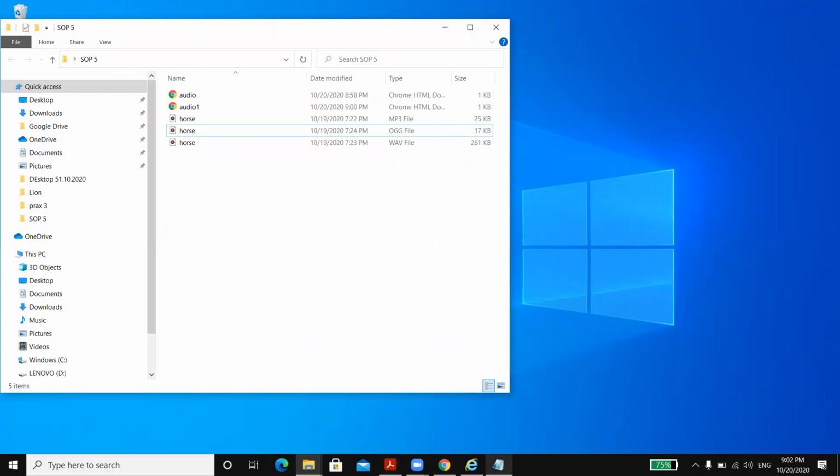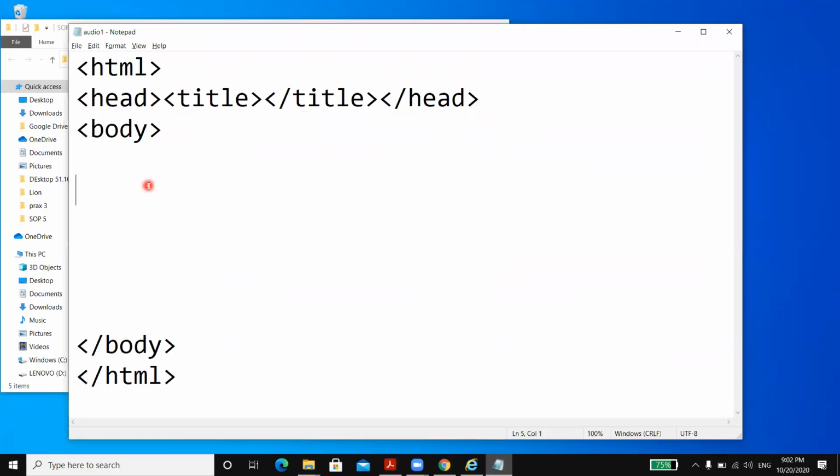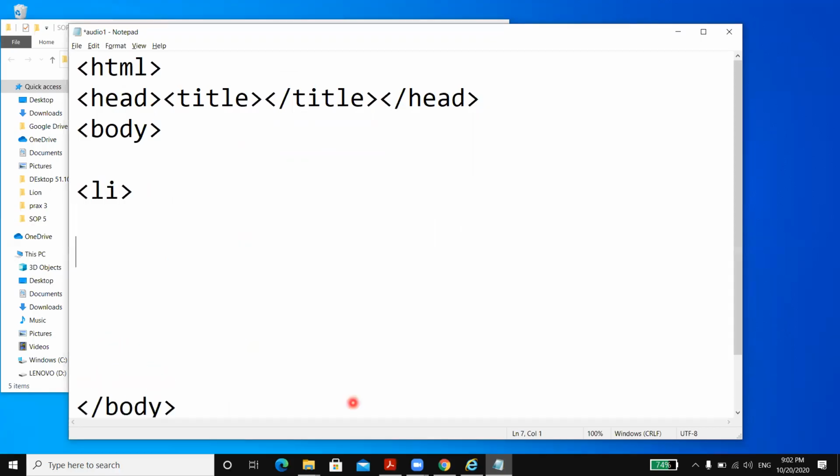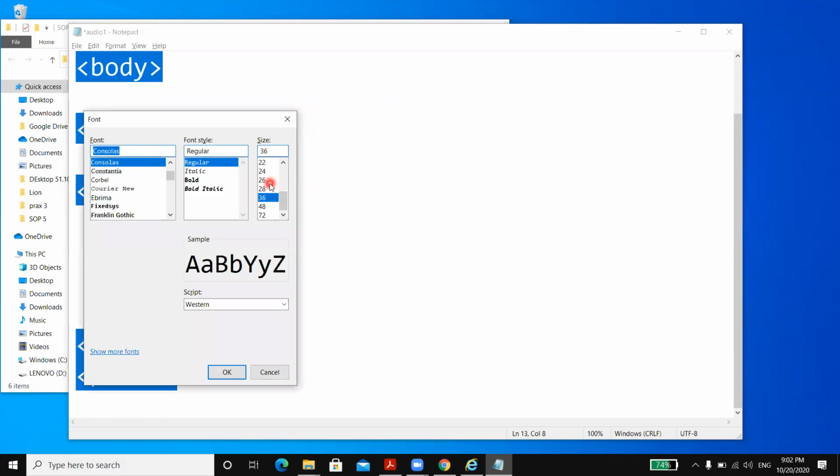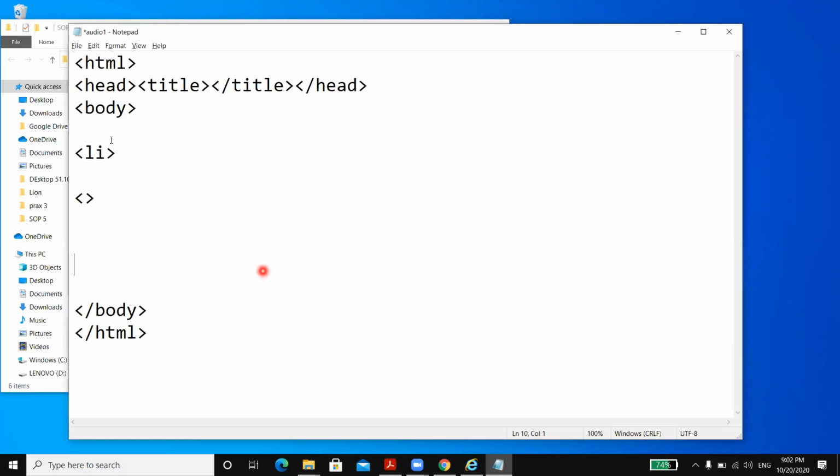So this is the second file. I will use the same tag. I will write a list here. They have not mentioned whether to use an ordered list or unordered list. So let's check. This program, the size of the font is much larger. I will just reduce it so that you can see the entire content on a single page. So I'm going to use the opening of the list tag and the closing of the list tag. Now you can write a heading here, can we write the heading as H1 and closing of H1.